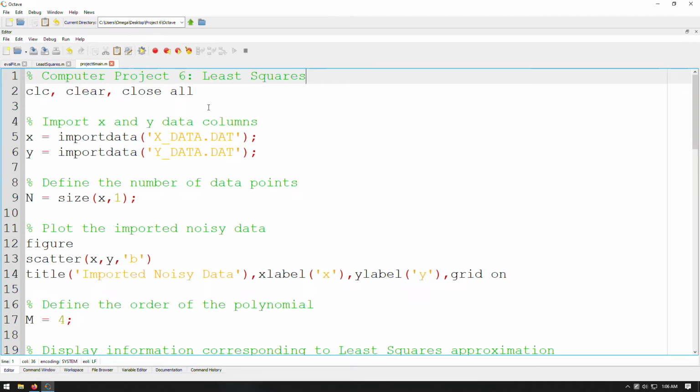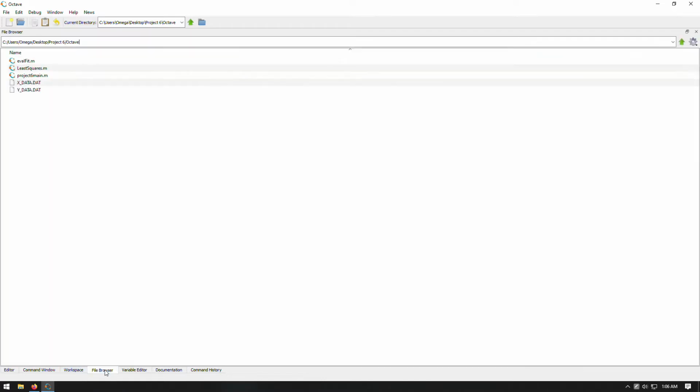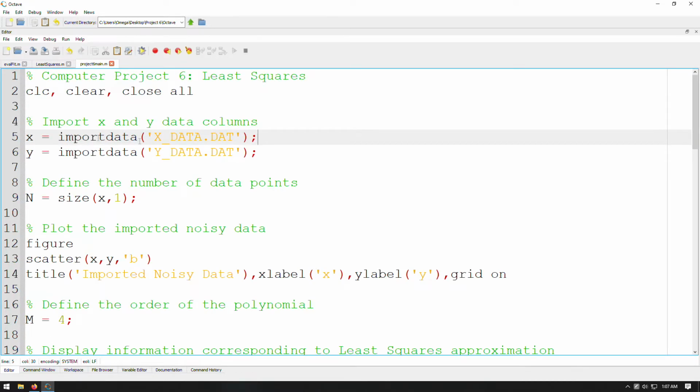As always, we start with clc, clear, close all, so we can clear the command window, clear the workspace, and close all the open figures. The first thing that I'm going to do is to import the data. This is the data that I was provided, in this form, and I can show you in the file browser. This is what I have. So you can see that it says x underscore data.dat, and same thing with the y data. Those will be the 2 files that you will be provided. So if I go back into my editor, I am importing those files using importdata. Make sure that you put it in between quotes,